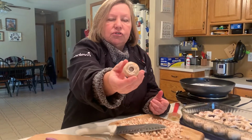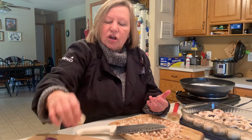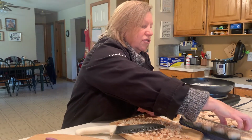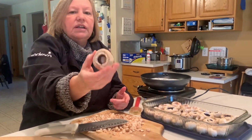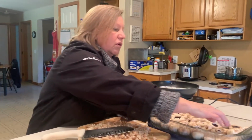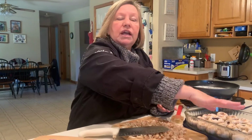I'm looking at a mushroom like this. There's not going to be hardly any stuffing in here, so I'm not going to use that mushroom. I'm probably going to use it for stuffing. This is the kind of mushrooms that you want, but I just couldn't find a ton of them like that. And I already have gone ahead and put a little bit of spray on the bottom,